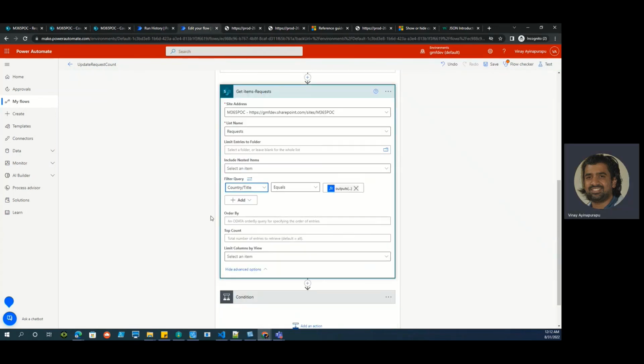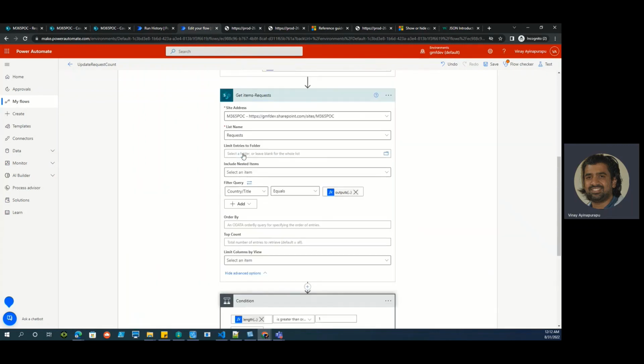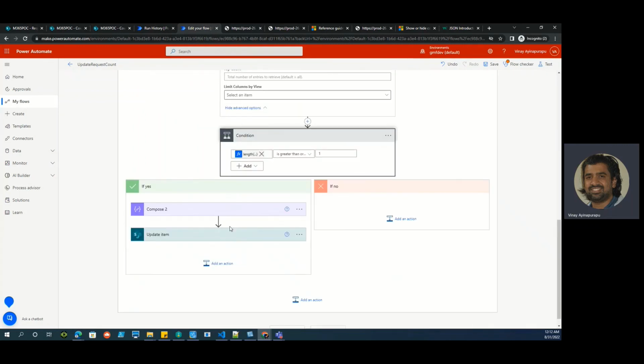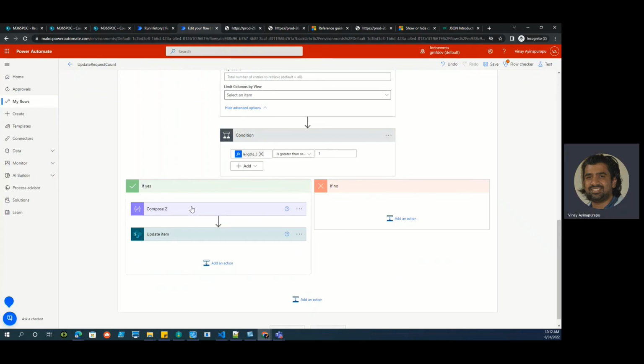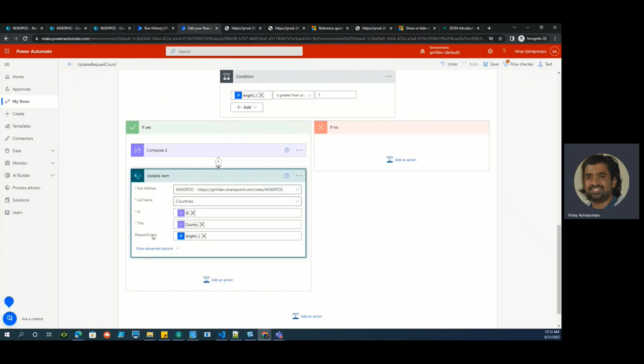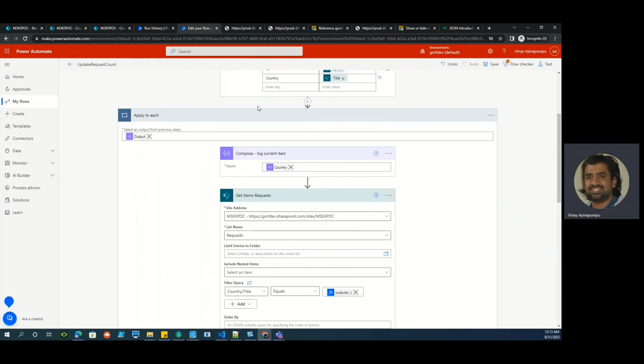If you see my flow here, this condition checks whether the length of the collection returned from these get items is greater than 1. I'm composing it, though it isn't required, because I'm just trying to log the length of it. Anyway, I'm updating it here. So this is the action for updating: Update the item. You have to give the specific property ID and country, and then the request count, which is the length of the collection. That's it. So I'm just saving this flow,